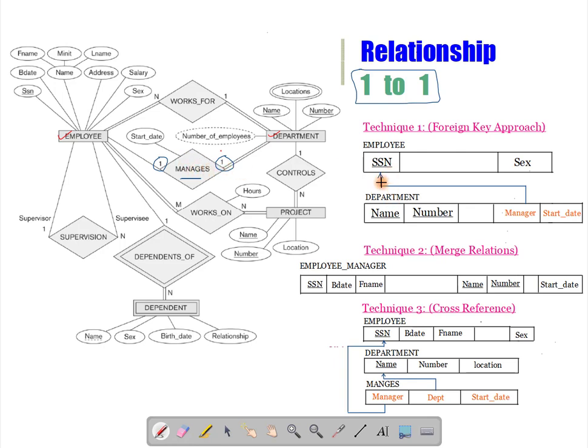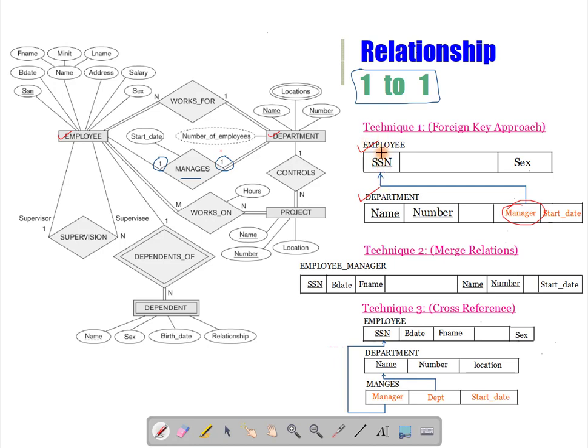If we follow the foreign key approach, say this is the employee relation and this is the department relation, we will add a new attribute in the department relation, which is a foreign key, and it will refer to the primary key of the other relation, which is employee.